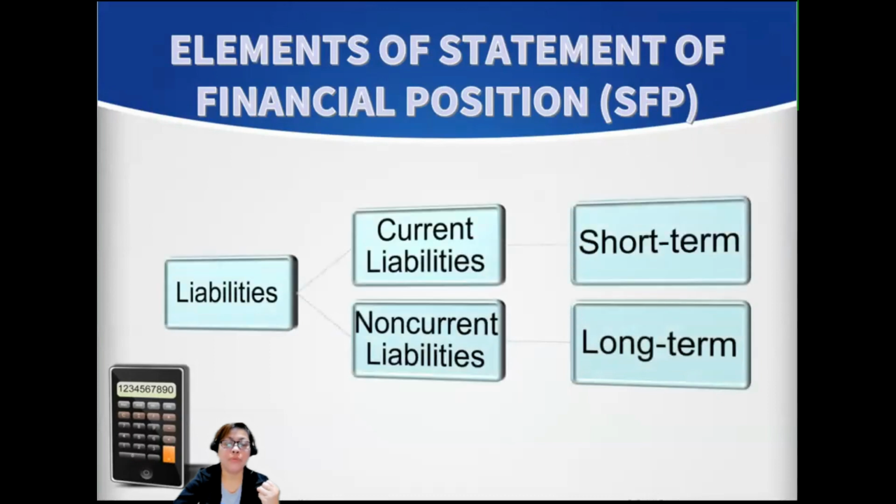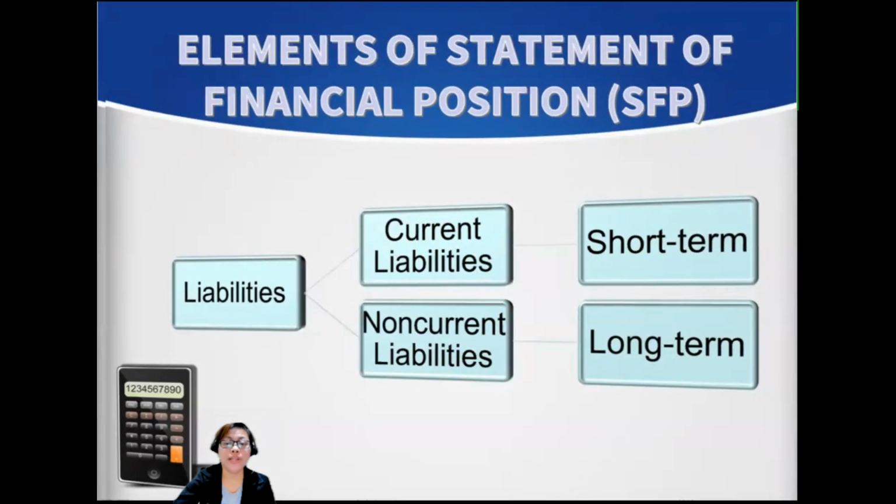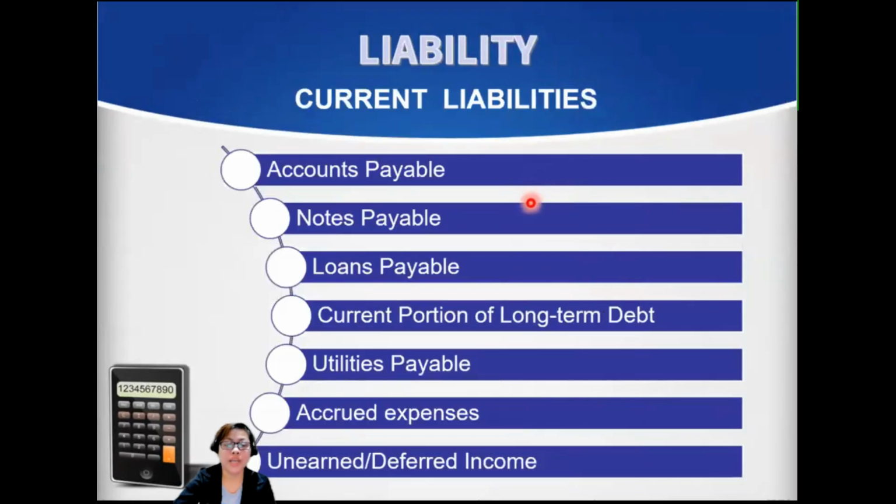We also have what we call current liabilities and non-current liabilities. Like assets, current liabilities are short-term, should be 1 year and below, and non-current liabilities are to be paid in more than a year. Okay, not only 1 year, but more than a year. So they are called non-current liabilities. For current liabilities, we have accounts payable, notes payable, loans payable, current portion of long-term debt, utilities payable, accrued expenses, unearned deferred income. Current liabilities are expected to be settled within the normal operating cycle of a business, which is